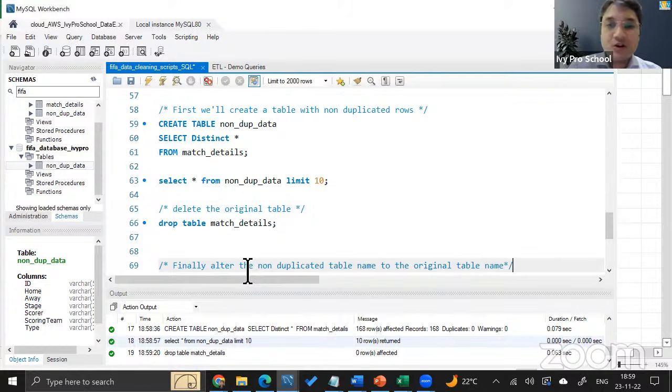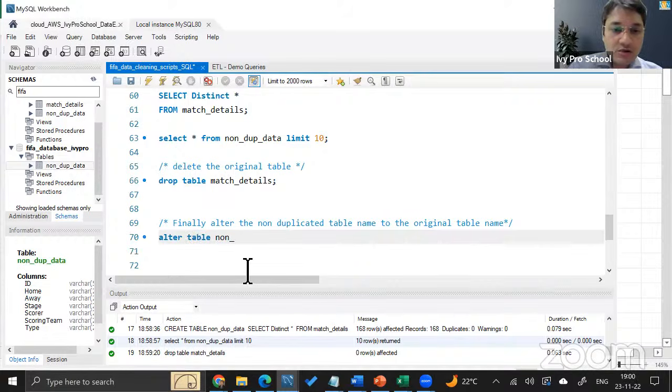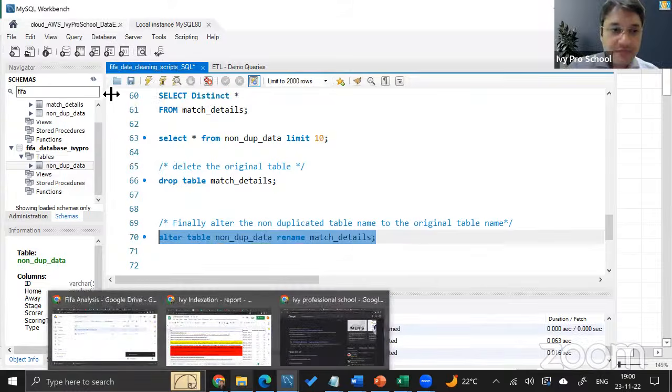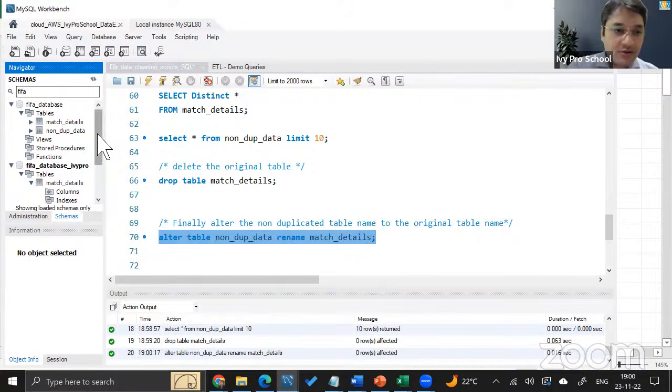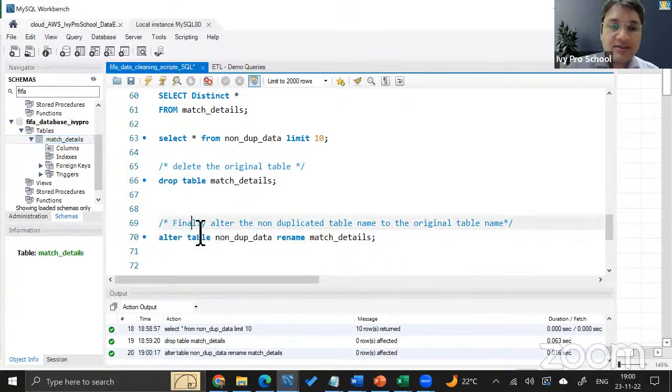In order to do that, we'll use a statement called alter table non underscore dupe underscore data rename, and then the name of the new table, which is let's say match details again, because remember match details is gone now. And when I run this statement, and then when I refresh it, look at the name of the table, match details. So very simple, just alter it and then it is done.